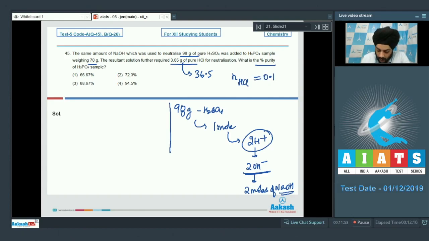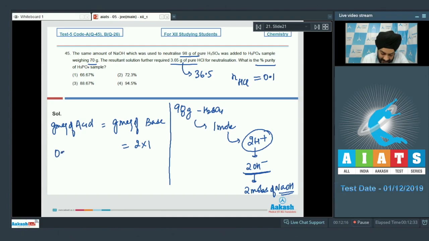So we can now talk about the equivalence. So we have the gram equivalence of acid equal to base. So the gram equivalent of base is given to us, students. It is equal to 2, so 2 into 1. Now if we talk about the acid, students, we have 0.1 moles of HCl. So these many gram equivalents will be present of HCl, plus we're going to have the gram equivalents of H3PO4. So we can clearly see that the gram equivalent of H3PO4 will come out to be equal to